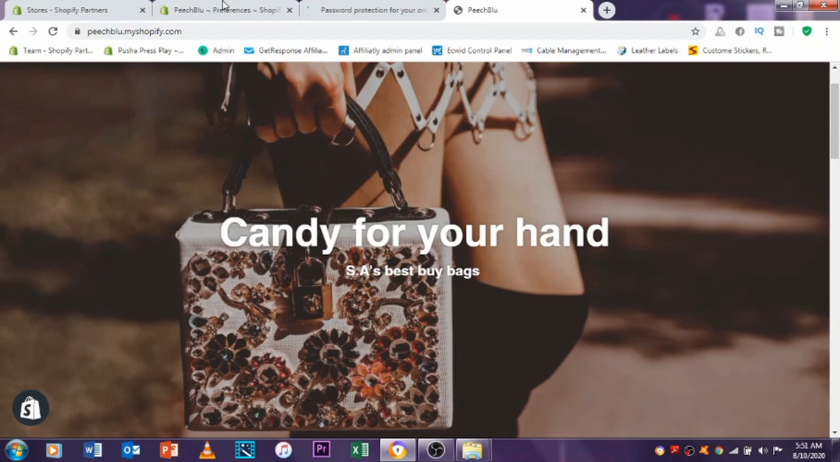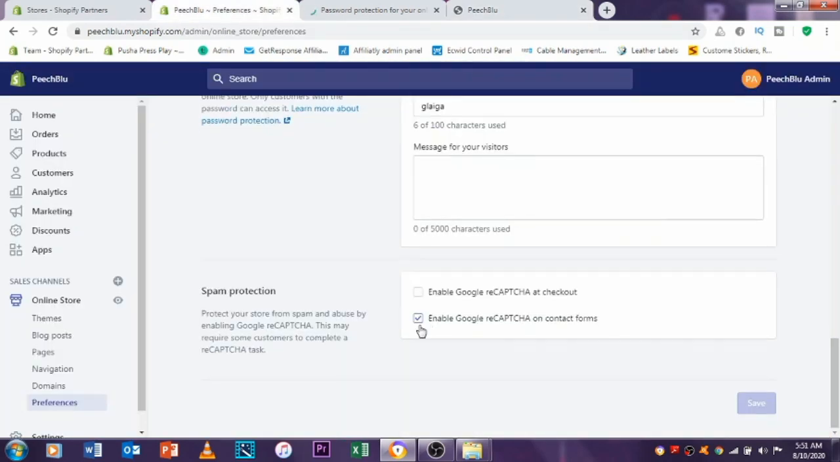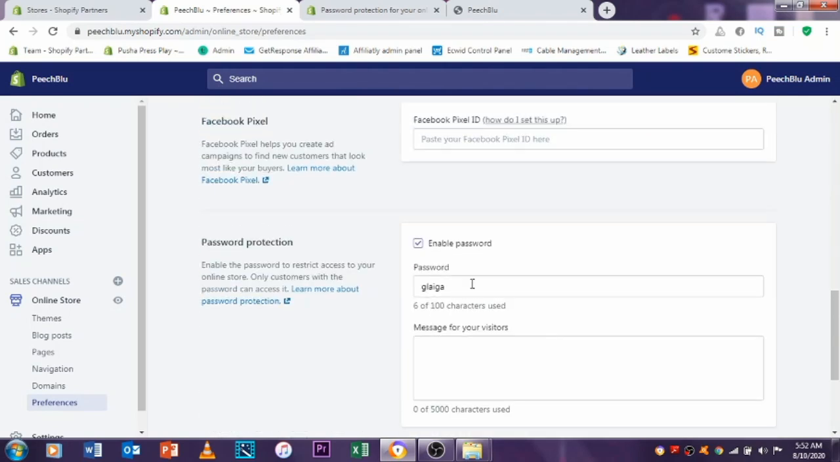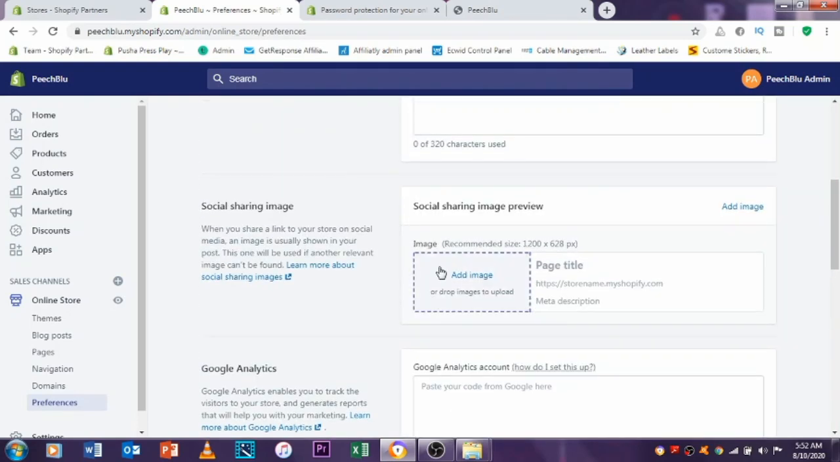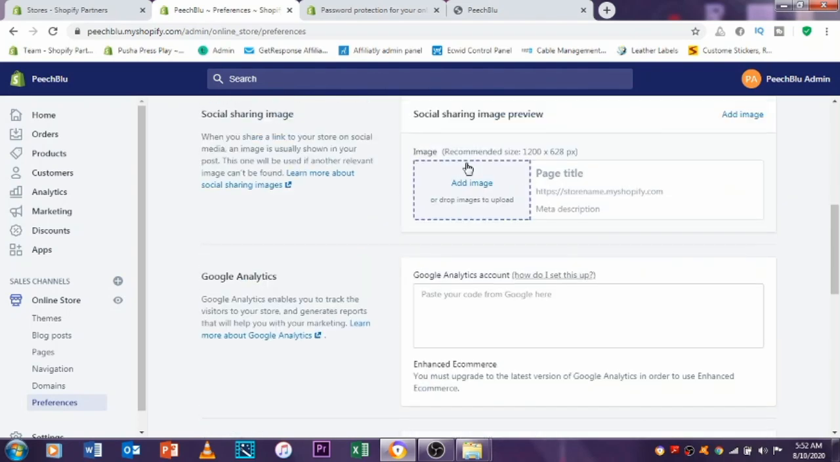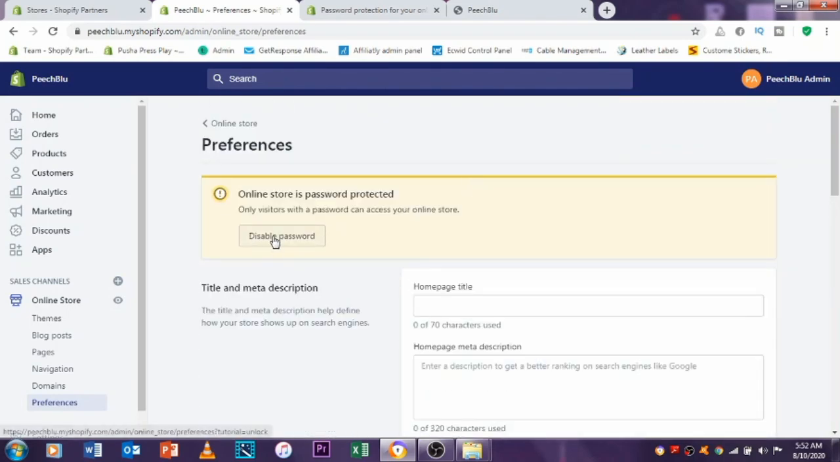But let's launch it. I don't want to launch it right now. So if you want to launch it, just enable the password, and then take this out. And then I want to talk about pixels and all of those things. It doesn't matter. Just disable the password, and then